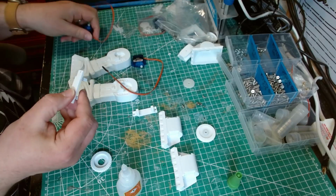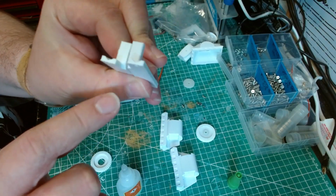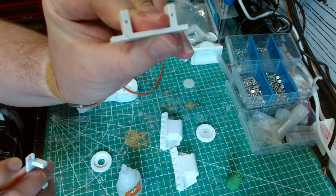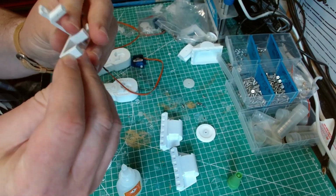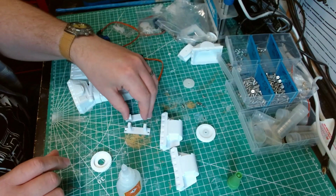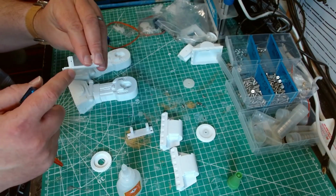Right. So the 2 leg brackets, they are mirrors of each other. You can see there's like a little, I don't know how that'll show. Side on will show better. Or not. There's a little cutout there. And then on the other one, cutouts on that side. And they are because they are left and right. So with the cutout on this one,